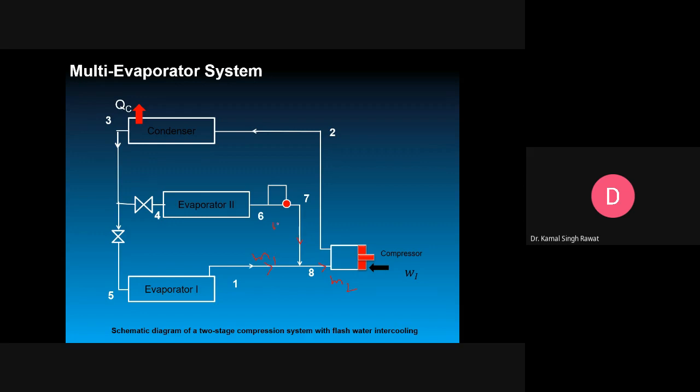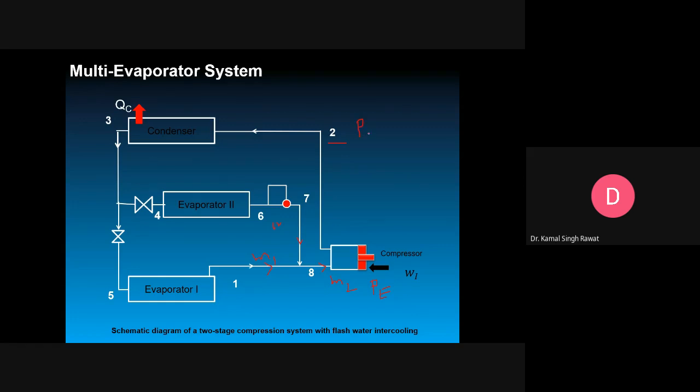So it means M2 minus M1 is coming from here. So we will discuss it. Then after the compression, there is an isentropic compression from 8 to 2. And at point 2, we have superheated vapor. We have done the compression from evaporator pressure to the condenser pressure directly.